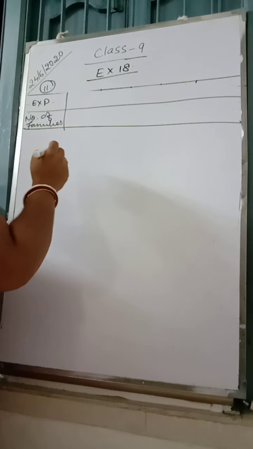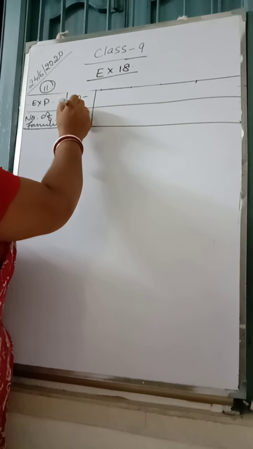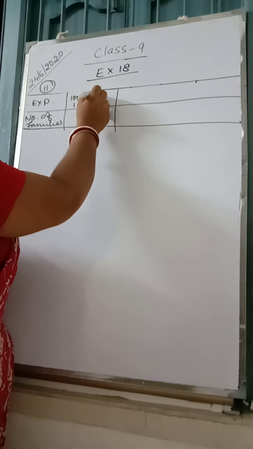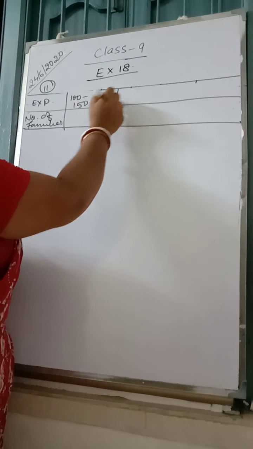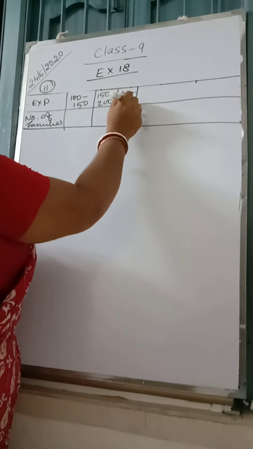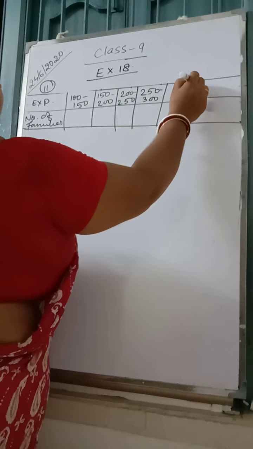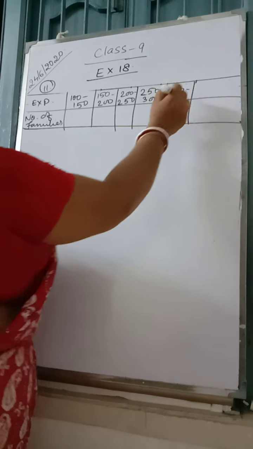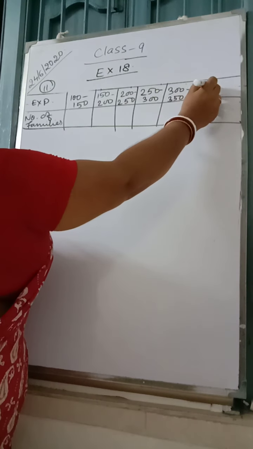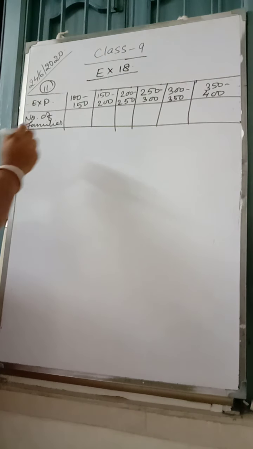This is 100 to 150, 150 to 200, 200 to 250, 250 to 300, 300 to 350, and 350 to 400. Clear? Now we have the families 22,